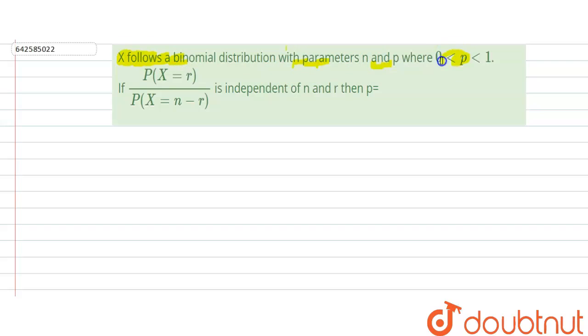In this question, we're given that x follows a binomial distribution with parameters n and p, where p is greater than 0 and less than 1, and if P(X = r) divided by P(X = n − r) is independent of n and r, then p is equal to,